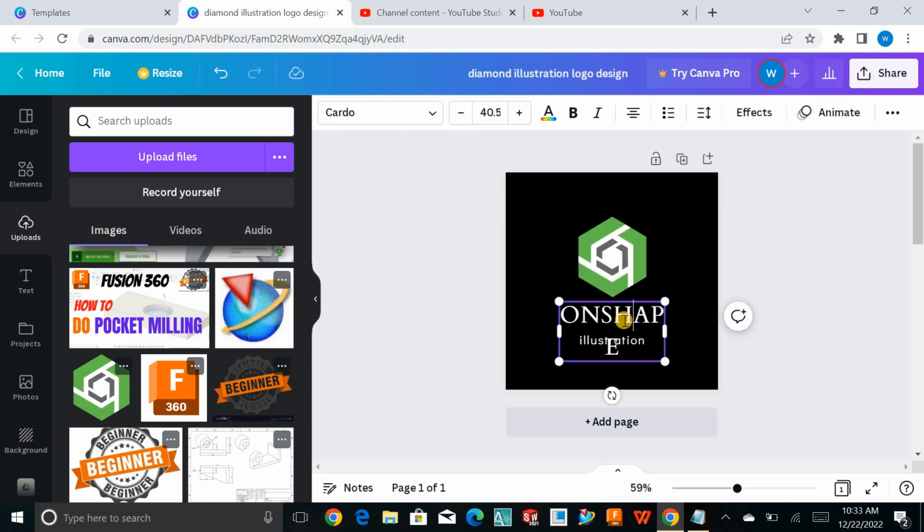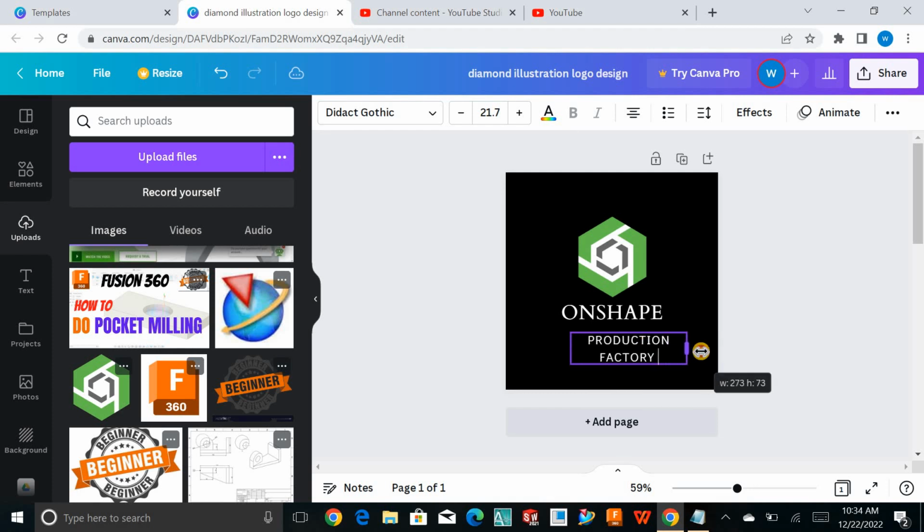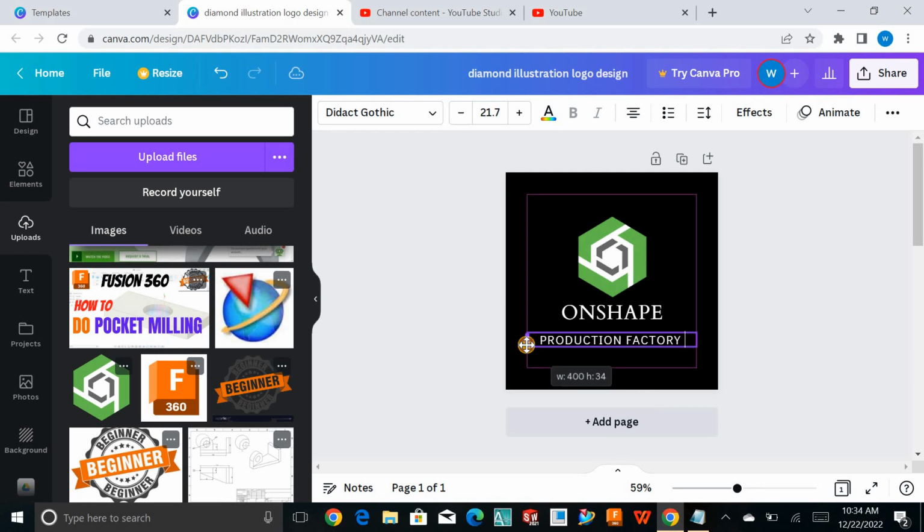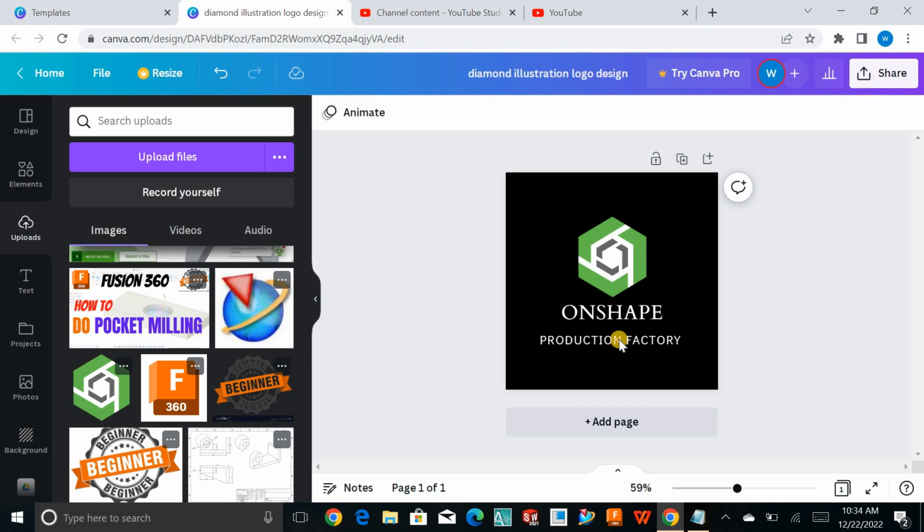and let me just minimize the text size, and I'll just say production factory, and let me drag it like this, drag it like this, and right now